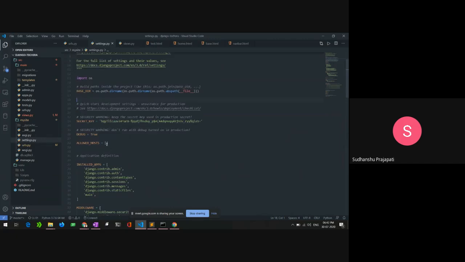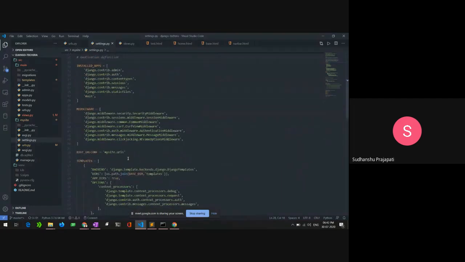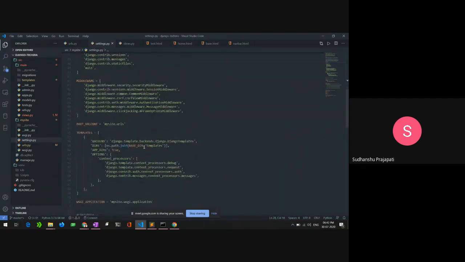And you must allow specific hosts to get data and responses from your Django, so you need to specify them here in allowed hosts. That's it.